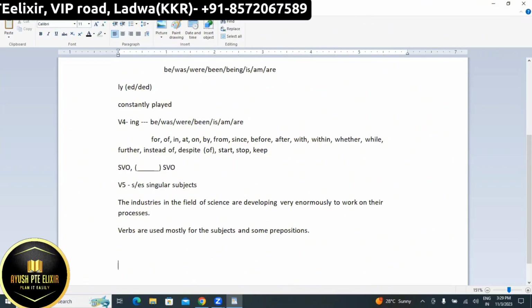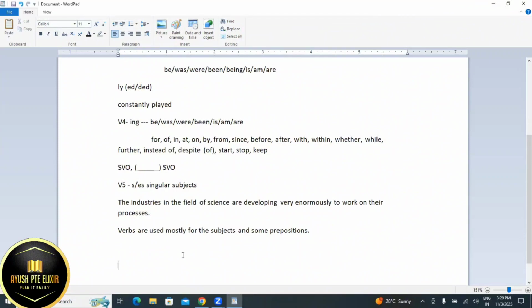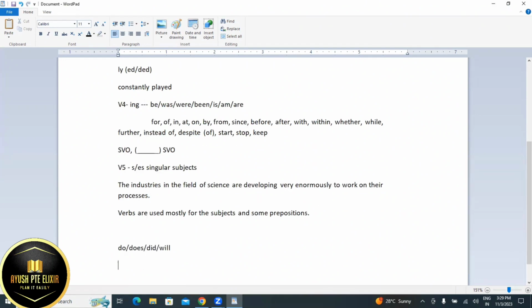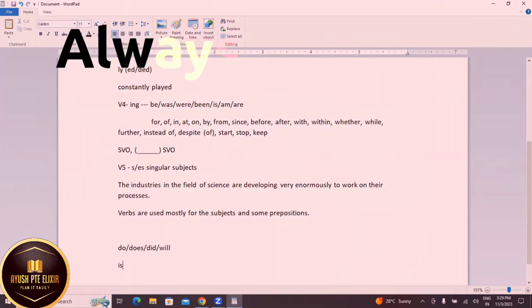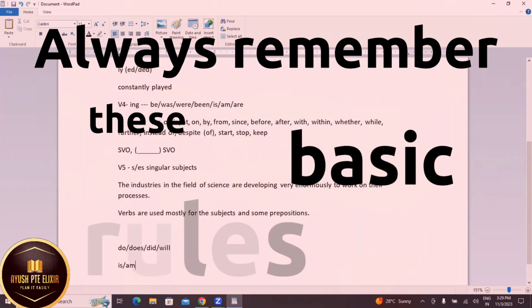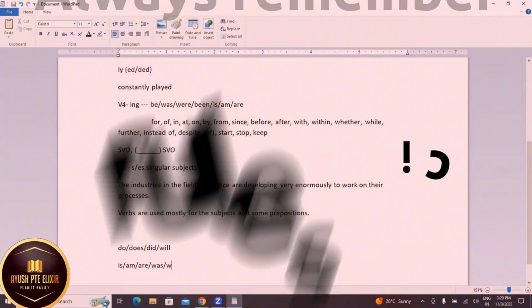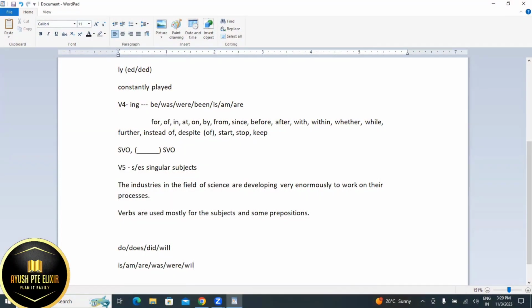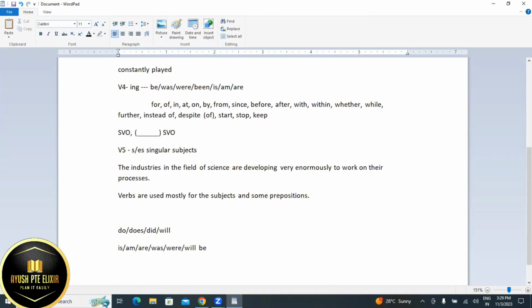And apart from that, there are certain other tricks that I'll be using for the helping verbs. There are certain helping verbs that I use like do, does, did, will. These are for present. Then for the continuous form, it should be is, am, are, was, were, and will be. And if I talk about the perfect ones, has, have, had, and will have,